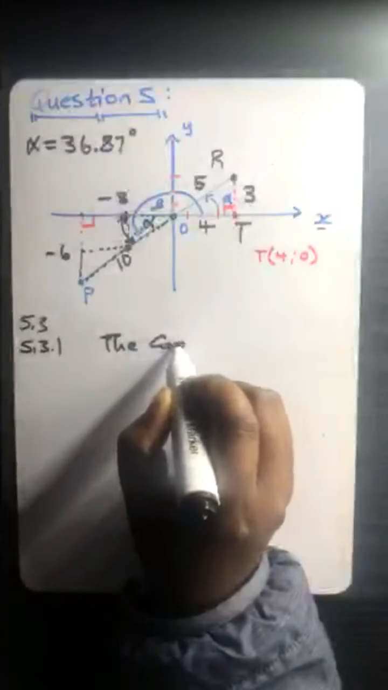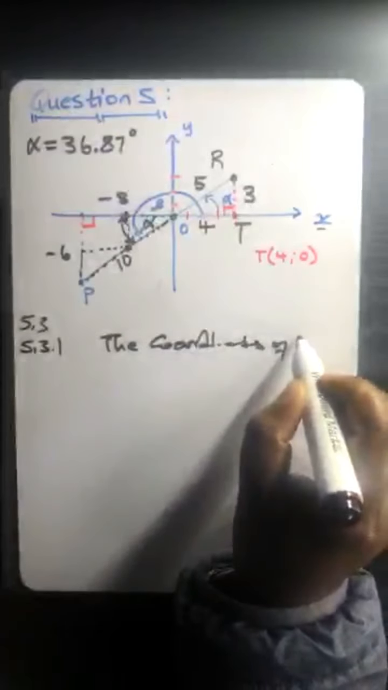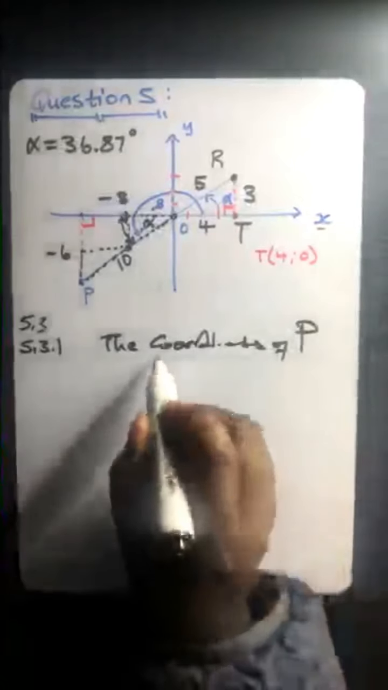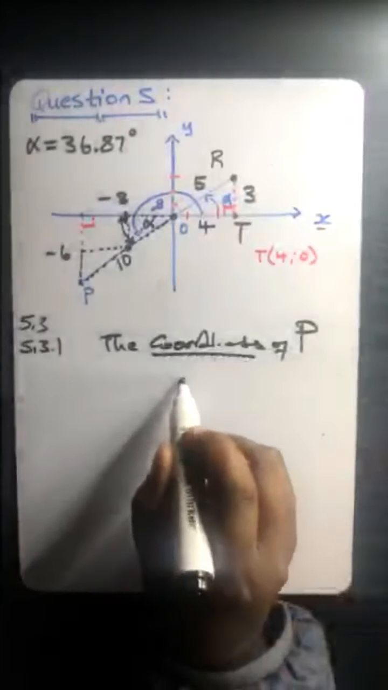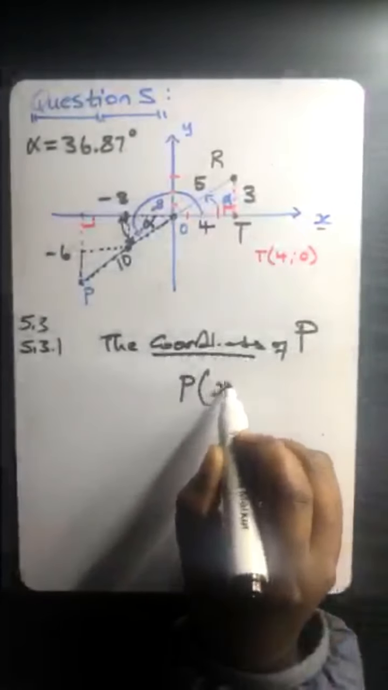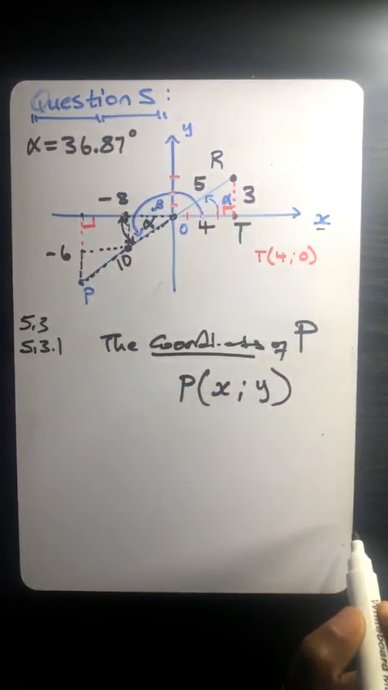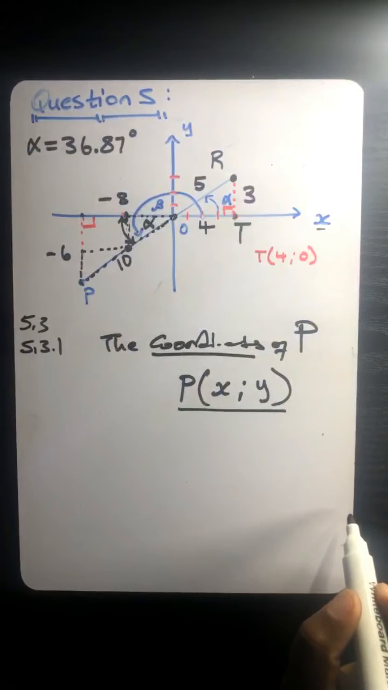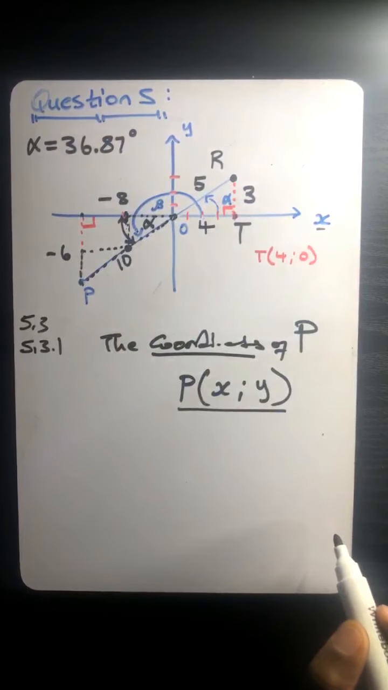The coordinates of P. Remember, guys, this is the cream of the question, the coordinates. How do we represent the coordinates? The coordinates are represented by X and Y. So that means whatever you do, in the end, you must present your answer in that format. So now, based on what I've explained, guys,